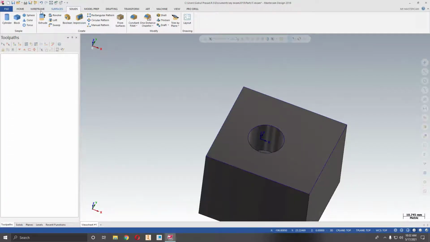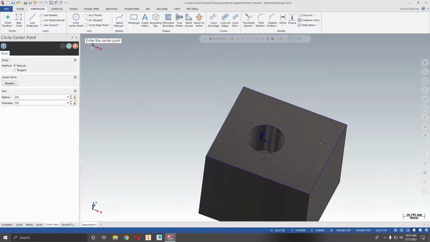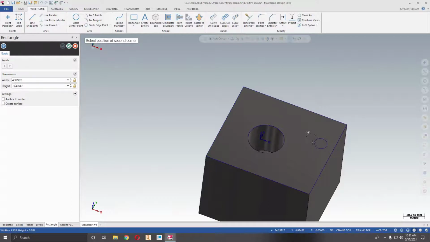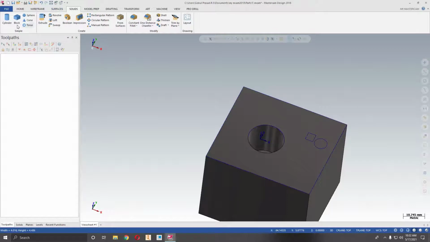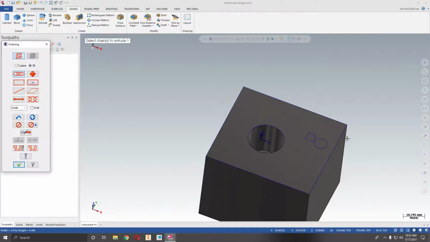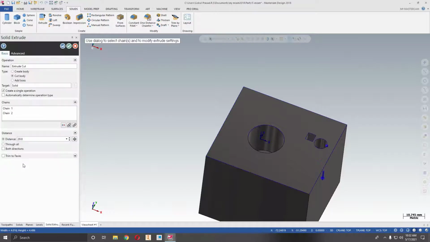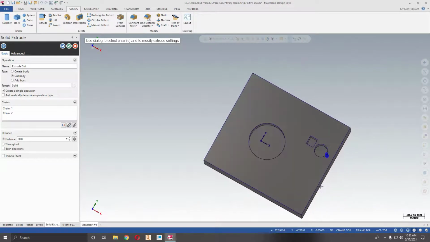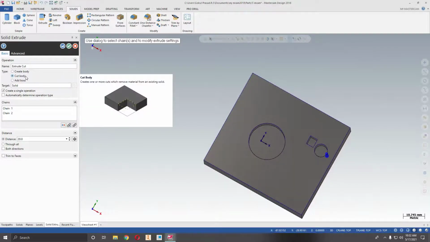The same way, I will go to the wireframe and design another circle with some square rectangles. I will go to solids, create, extrude and select the two entities at the same time without pressing any key, and by default it goes with the previous type, cut body.